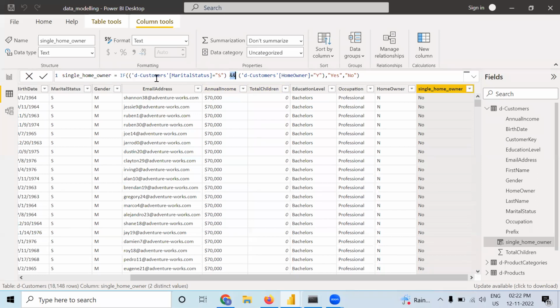Okay, so if you want a case that when only one condition is satisfied, then also yes should come, that means either this condition or this condition is satisfied, then yes should come. So that means here the operator will be or. For that, instead of this double ampersand, you should put a double pipe. Double pipe means you should press shift on the keyboard, and above enter there is a line kind of thing. When you click it, you will get this kind of lines. It is called pipe, double pipe. When you press enter,